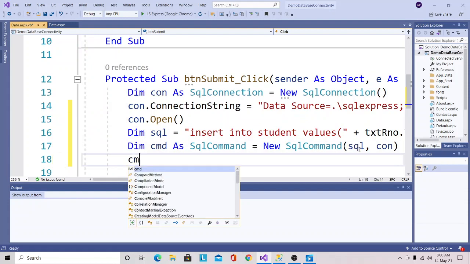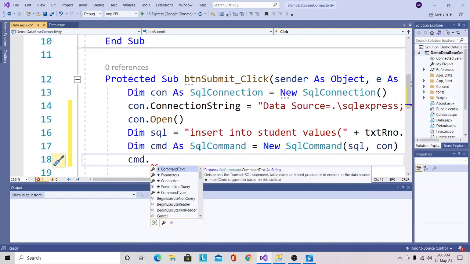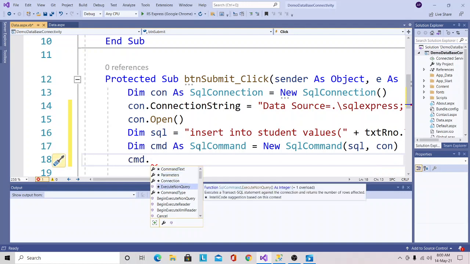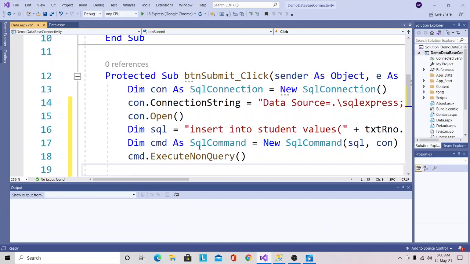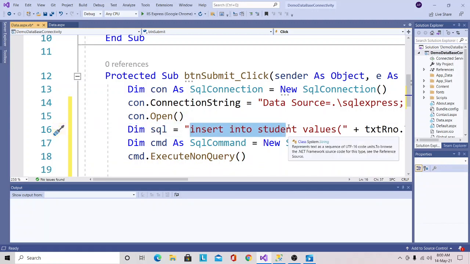Thereafter I will call the cmd variable, which is created for the SqlCommand class, and using the dot operator I will call the ExecuteNonQuery function, open parenthesis and close parenthesis. When the function gets called, this query will get executed, and the student roll number and name will be stored into the student table.